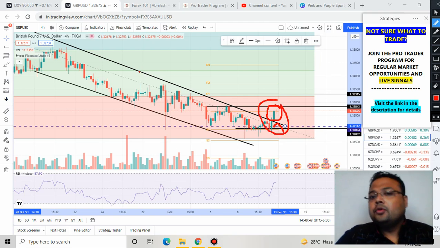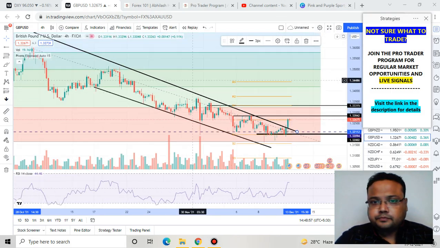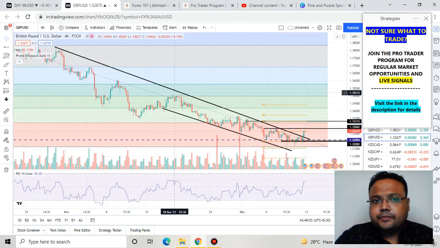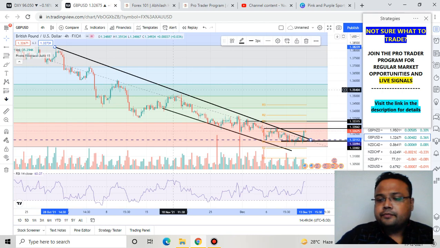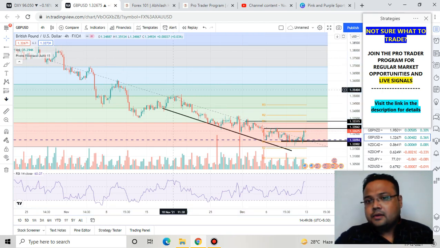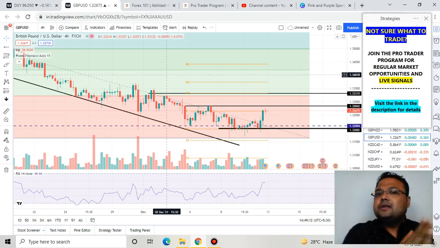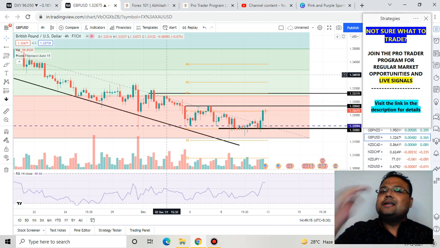And right now, looking at the present market condition, there's a good chance that this trend line is no longer valid because the market has broken the trend line. So if the trend line is no longer valid, then where should we buy and sell? Right now we do not have any clarity in the chart of GBP USD. Previously it was a complete seller's market, sell at the resistance.